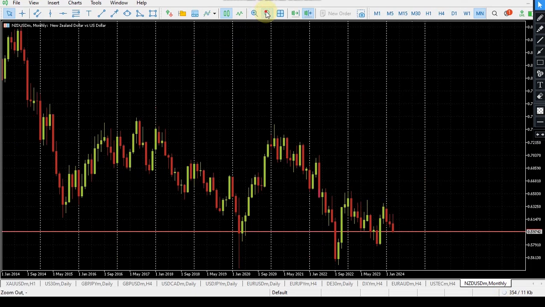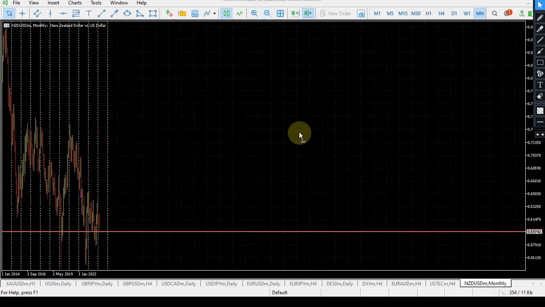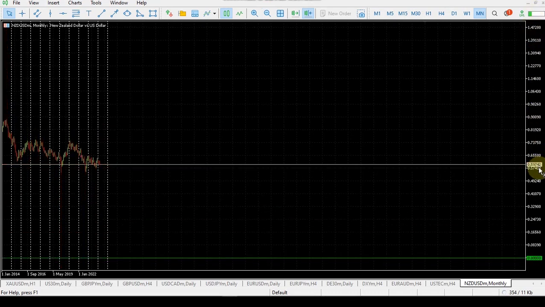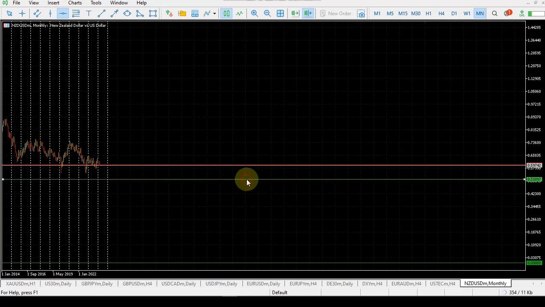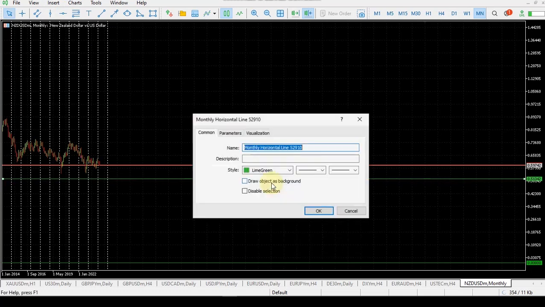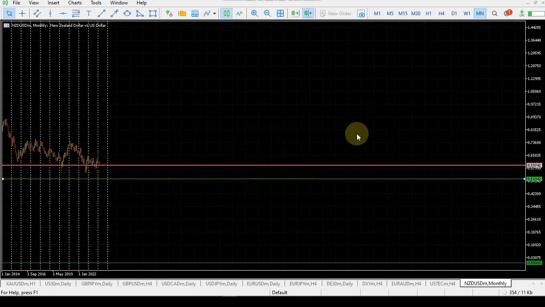So this is the monthly time frame. I just have to scroll it down so that I can see where the market is coming from, because where I want to start from is from the low, and I have to use a whole number. A whole number is what I have to use. So if you look at what I'm about to do now,